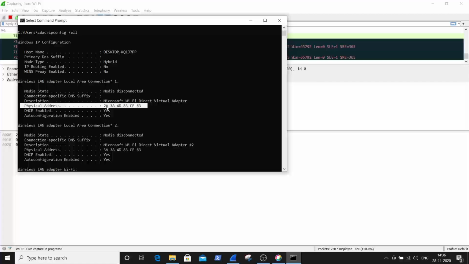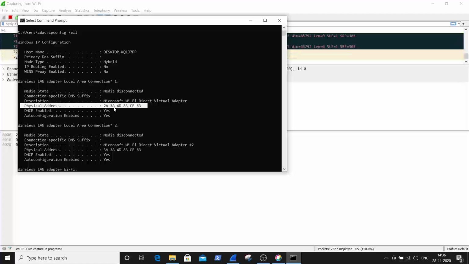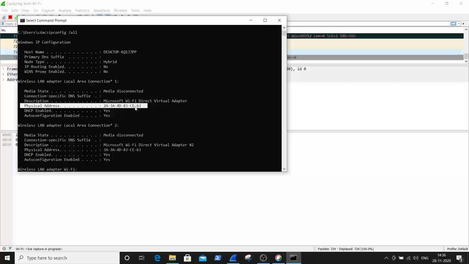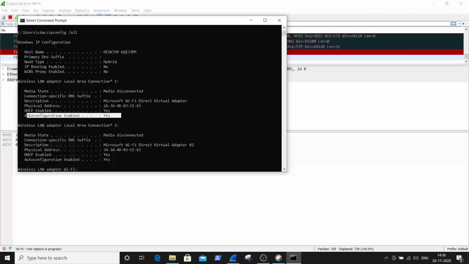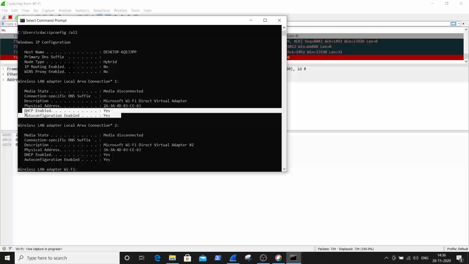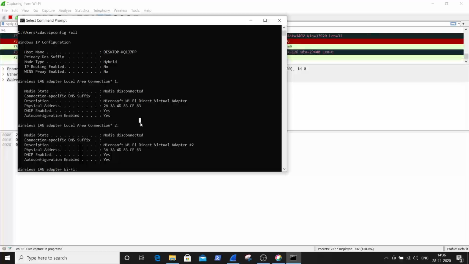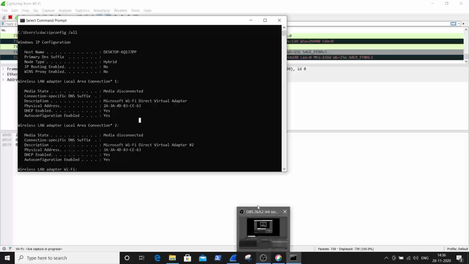The physical MAC address of my computer is 2A3A4D83CE63. It also shows the information about DHCP, whether it is enabled or not, and whether auto configuration is enabled or not. Here the answer is yes, so the configurations are enabled. So in this video, we discussed two commands, ipconfig and ipconfig/all. So in the further video,